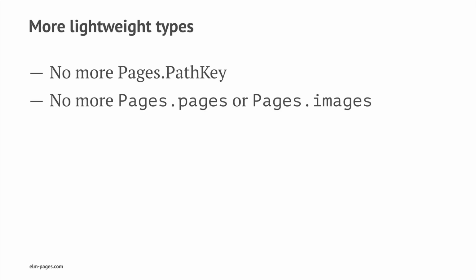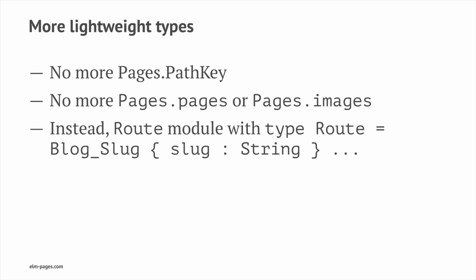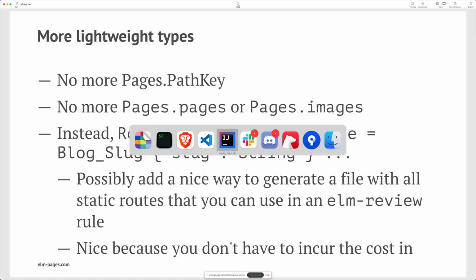Okay, and then more lightweight types. So elm-pages 2.0 doesn't have pages.pathkey anymore. There's no more pages.pages, there's no more pages.images. Instead, we've got a route type, and you can refer to that route type. So like in our example